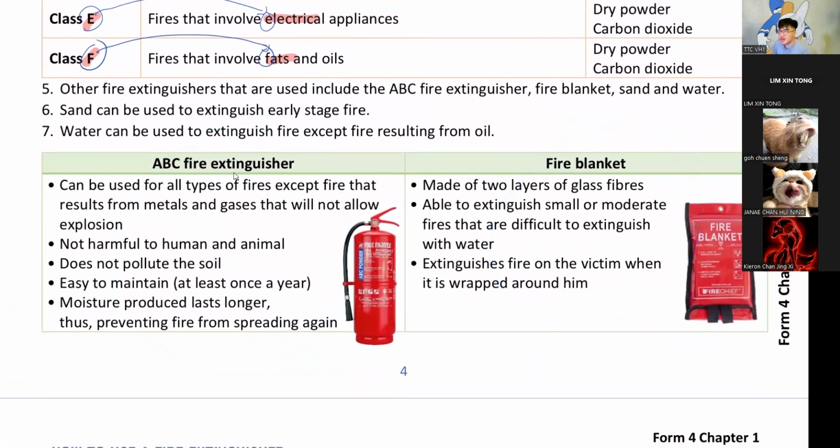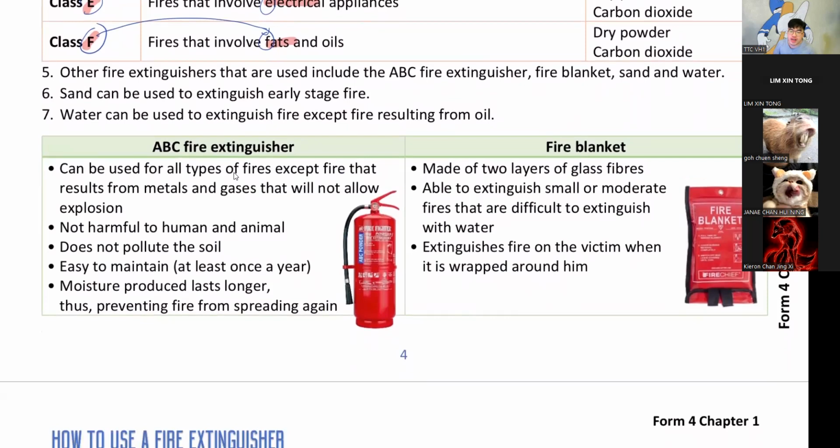Some shops have this, right? Basically, it's a piece of cloth that covers a fire. It's made from glass fiber, by the way. What is glass fiber? Glass fiber is a type of fabric. We use this to make clothes for firemen. That's your glass fiber. This is only for small fires, or if your friend is on fire,